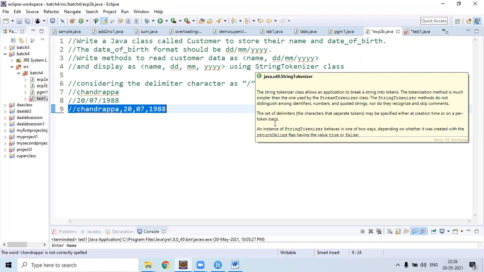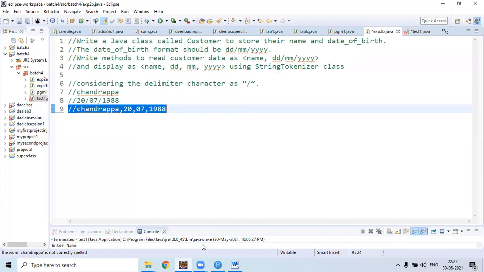Here a string tokenizer class will scan the string from left to right. It will search for a delimiter present in the string.